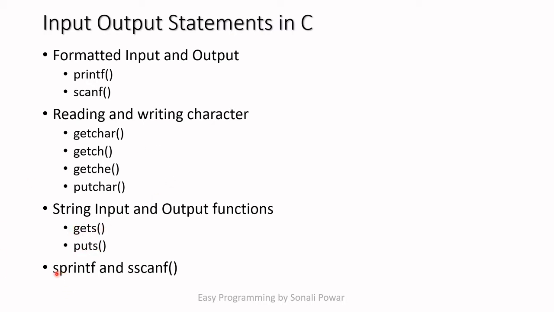Now next one is sprintf and sscanf. These are some different functions. Here sprintf is used when I want to combine the values of a number of arguments into a single argument. And suppose in one argument there are some values which I want to separate out and store into different variables, that time I can go with sscanf. In this lecture, we are going to see these sprintf and sscanf functions in detail.